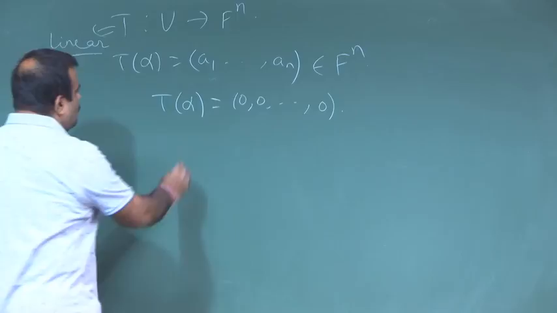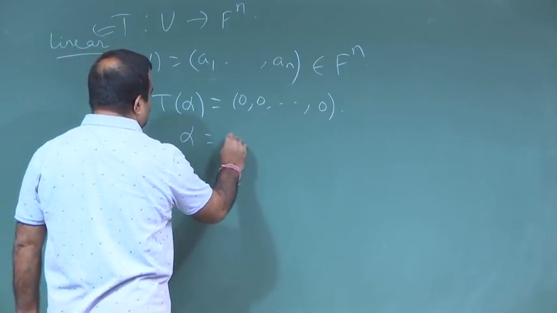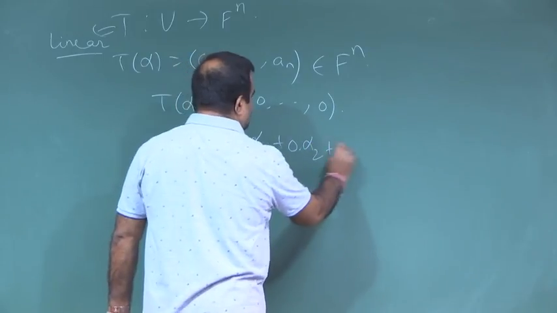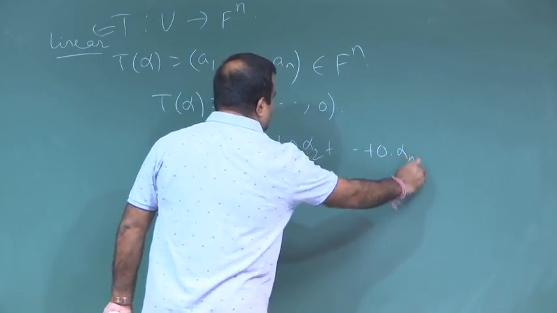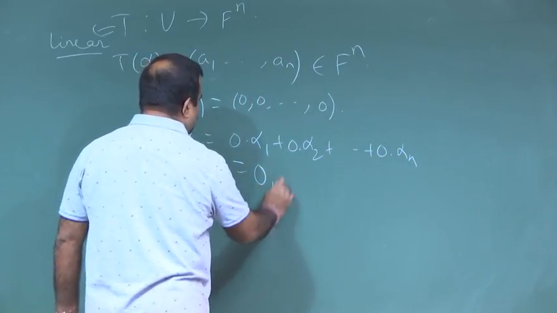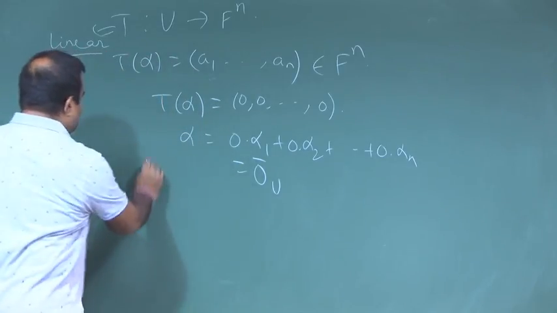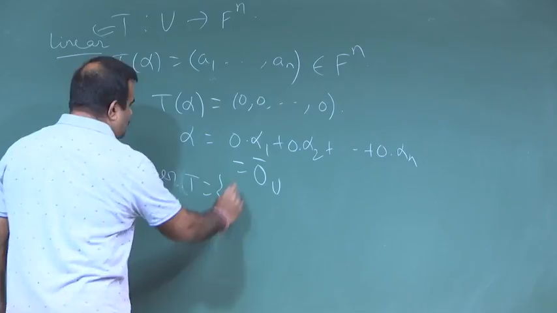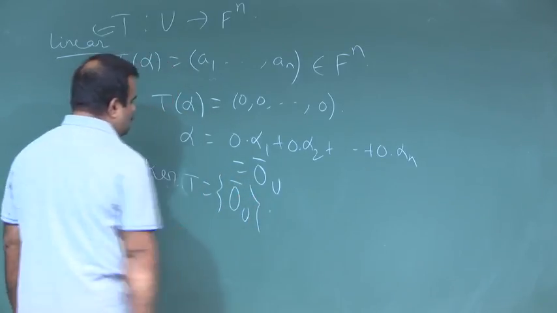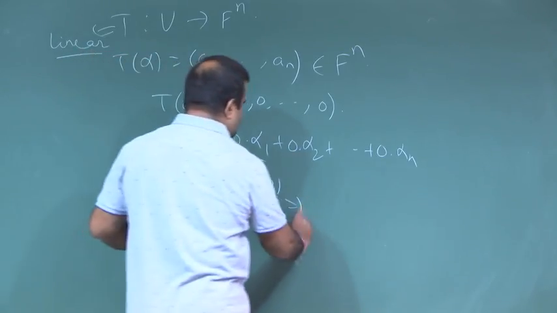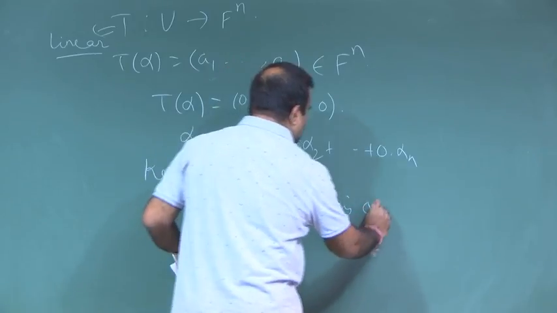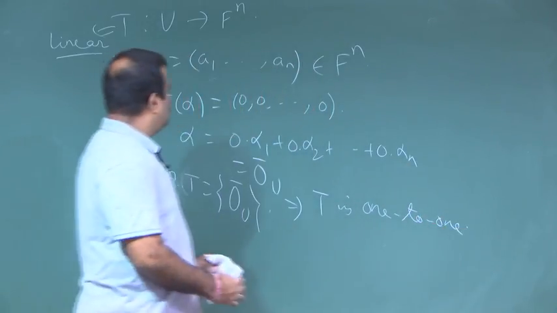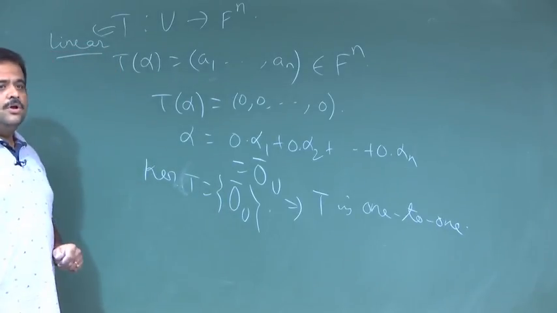Okay. So, now alpha will be written as what? Alpha will be written as 0 into alpha 1 plus 0 into alpha 2, like this, 0 into alpha n. So, this is basically 0 of u. So, the kernel of T is nothing but only 0 of u. So, this implies T is 1 to 1, and similarly we can show T is onto by the rank